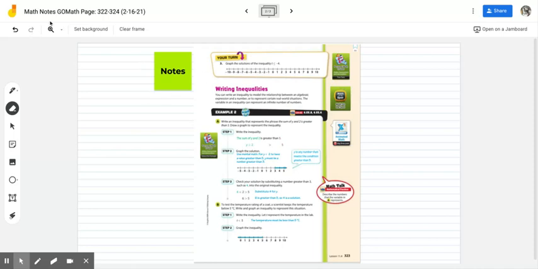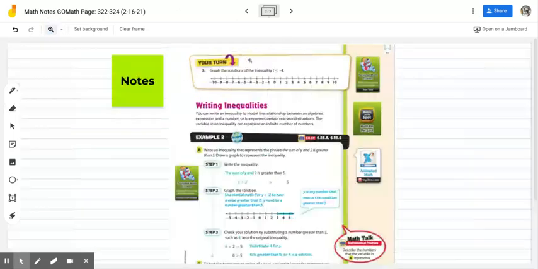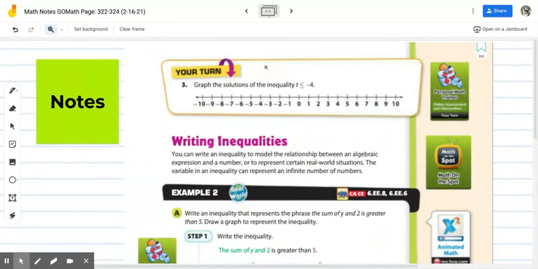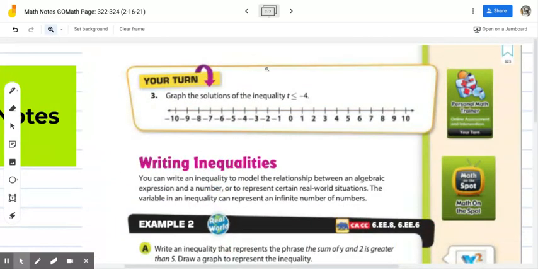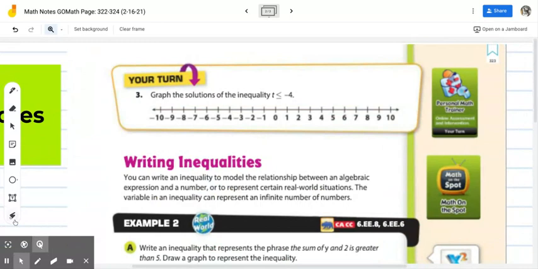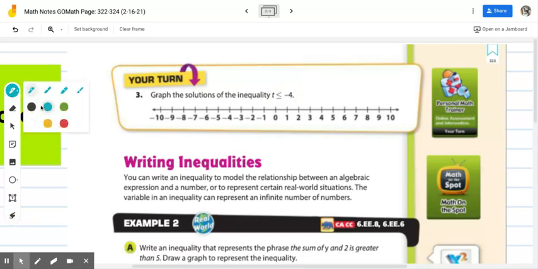I'm going to zoom in on the top of page 323. We have a problem that's from page 322, but we can do this one really quickly for review. It says at the top here that we need to graph the solutions of the inequality t is less than or equal to -4. So if you remember from last video or from last week, I'm going to graph this